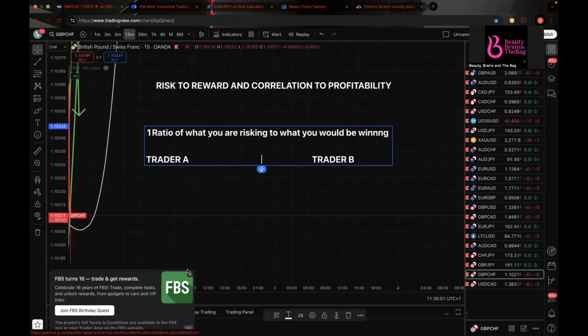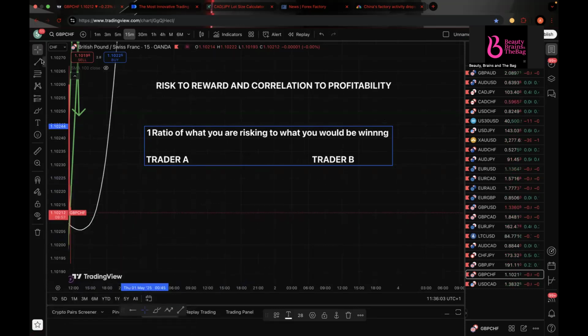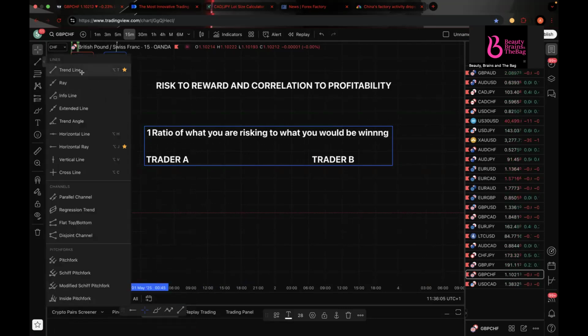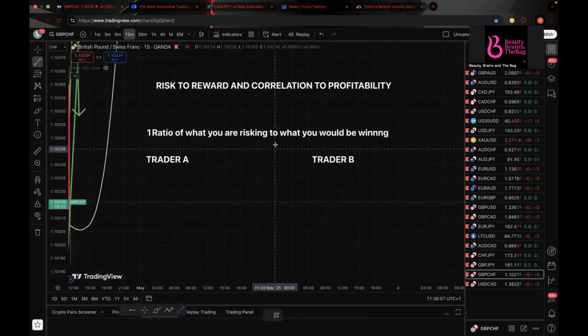Both of them are selling the same goods. They are both trading on gold, but trader A,